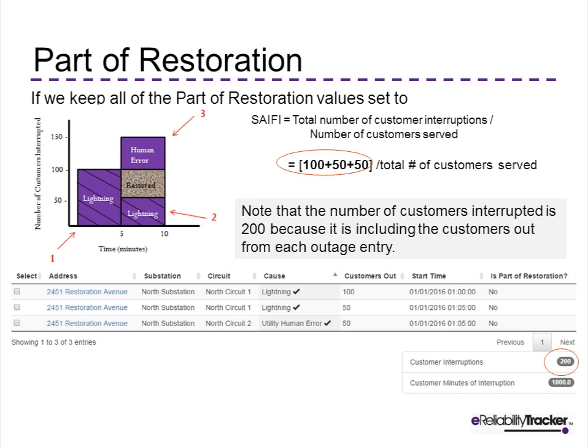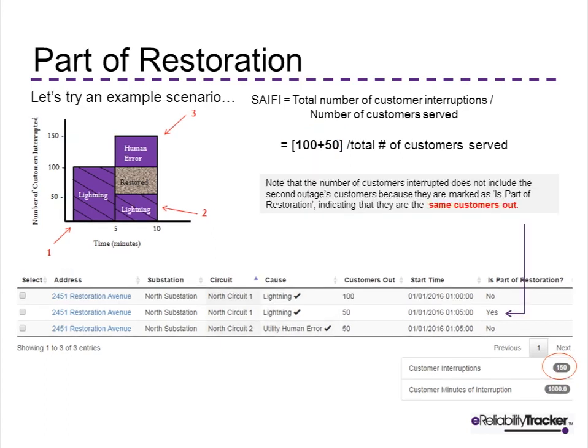But because of that, now the tracker is adding all the customer interruptions and is deciding that, in this event, 200 customers were out. However, that doesn't necessarily mean that's how it should be. As those 50 customers continue to stay out of power, the duration of their outage is increasing, but the number of customers is staying the same. So we've created this feature which allows you to go back and use the bulk actions menu. If I use the bulk actions menu and set the is part of restoration